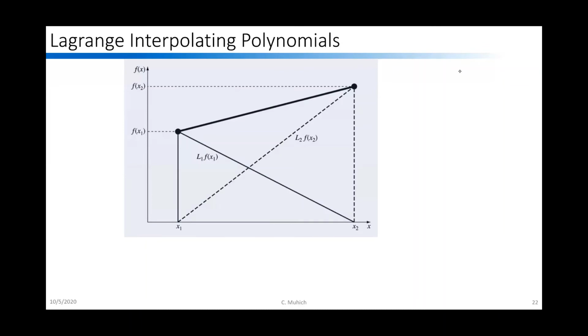Now that we've covered Newtonian interpolation, I want to cover Lagrangian interpolation, or Lagrange interpolating polynomials. The idea behind Lagrange interpolating polynomials is that if I have a point here and a point here, any value between them should be a certain percentage of the total value, right? So my f of x should be some fraction of f of x1 plus some fraction